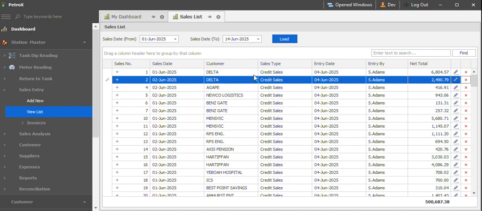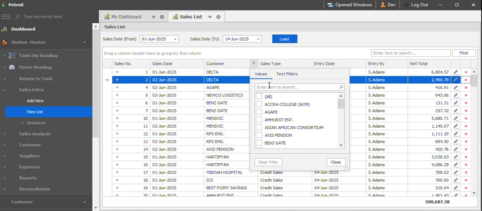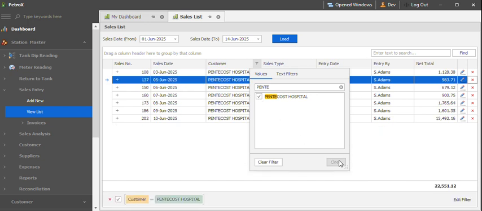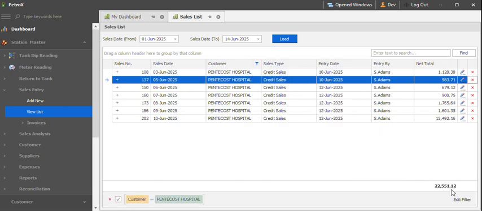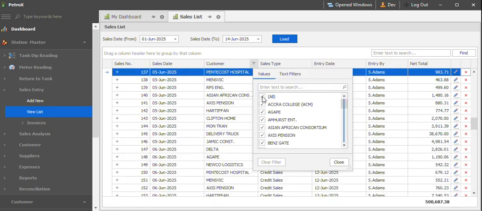Finally, let's do filtering. When you hover your cursor on the headings, you would see there are some funnels, what we call funnel. Just click on it and you can select a certain stuff, Pentacles. Just check it and it brings you only sales for Pentacles. You can see the total over here. If you don't want Pentacles only, click back on the funnel, select all,